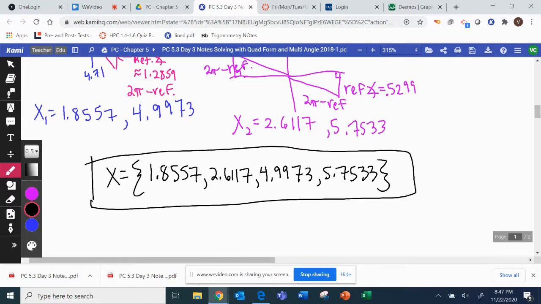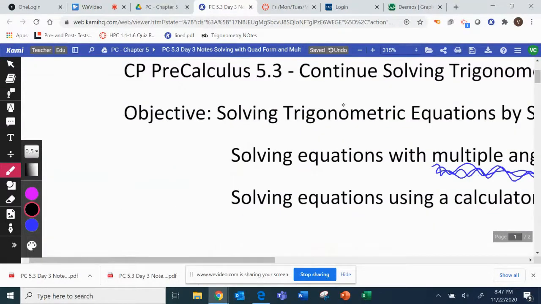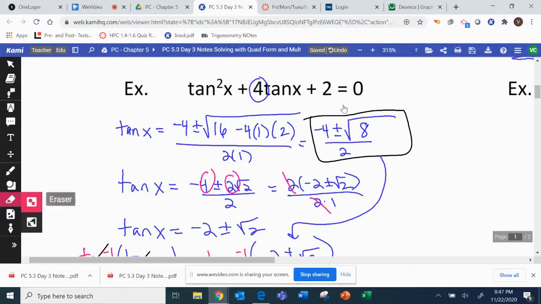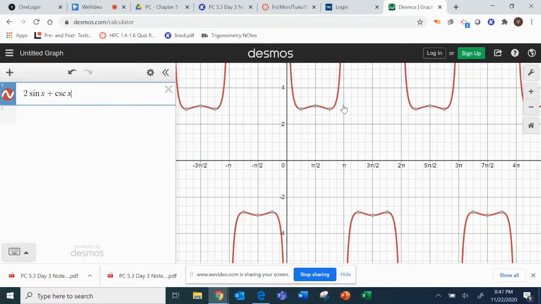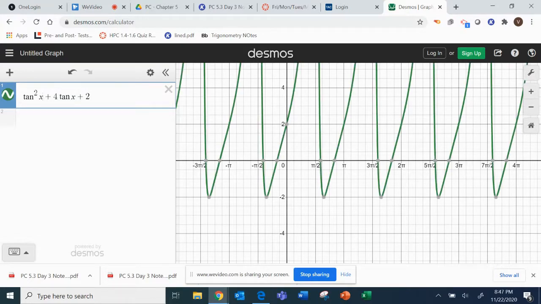Okay, now I'm going to go ahead and just double check that I did this correctly by typing it into Desmos. So we've got tangent squared plus 4 tangent x plus 2. That is a crazy looking graph, but from 0 to 2 pi there are 4 answers,